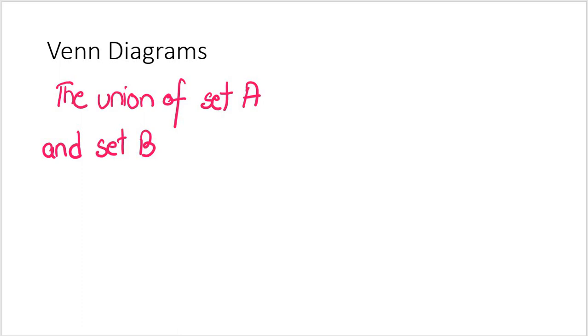This is represented by our very familiar symbols, by this time you are familiar with these symbols. So I have this A union B, and the diagram will be